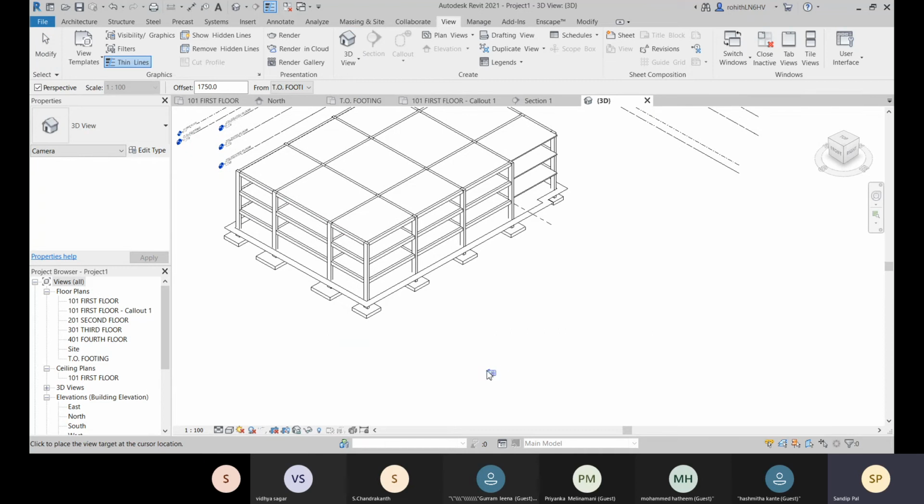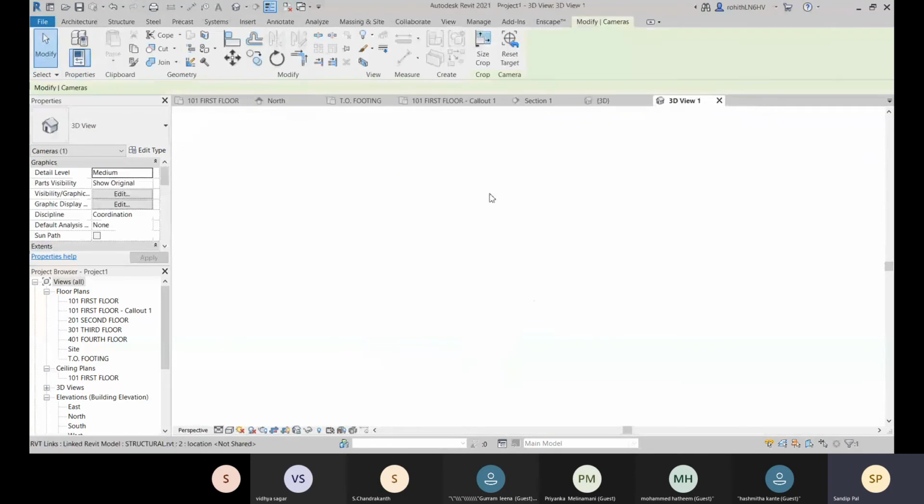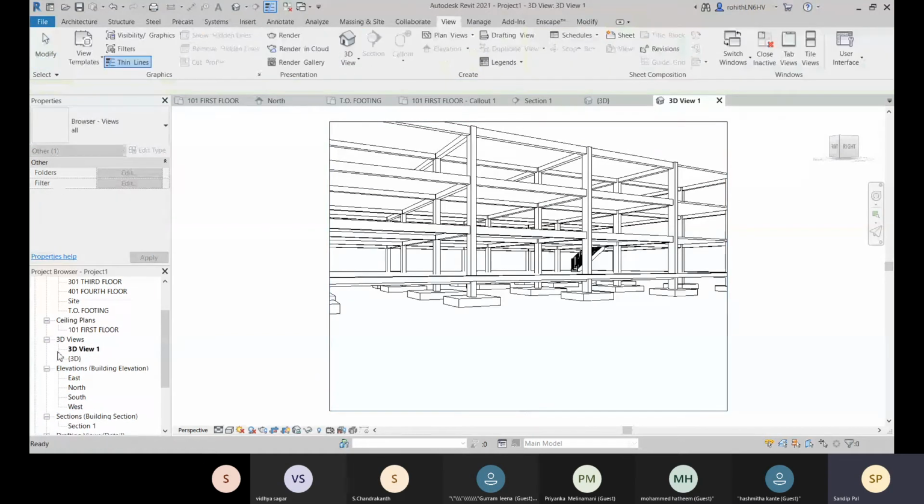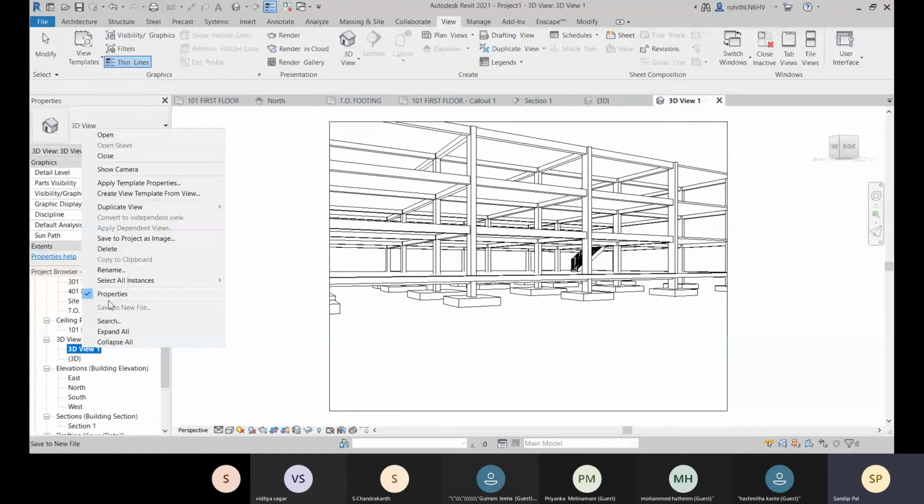So let's place this camera over there, and we can direct it towards this. And now you can see that this is your camera. So this camera 3D view 1 is created. Now come to this project browser, and here you can see 3D view 1 is created.